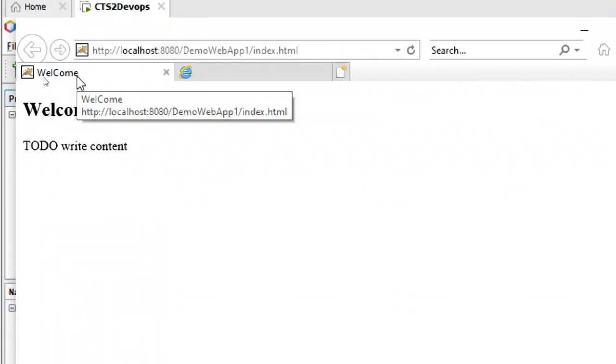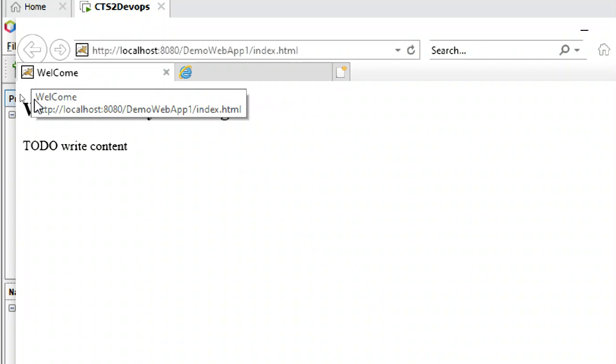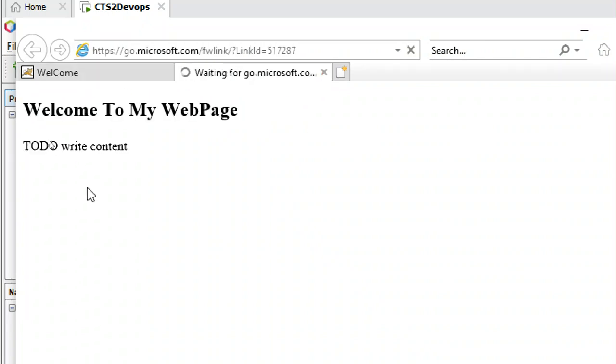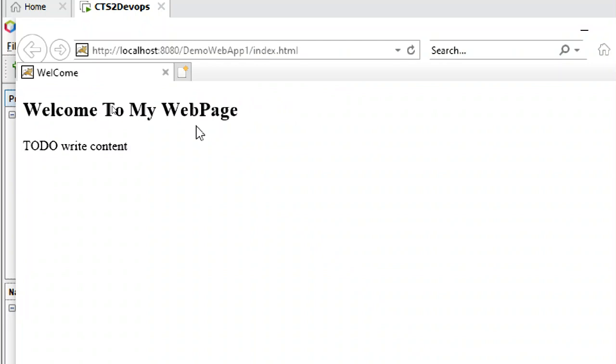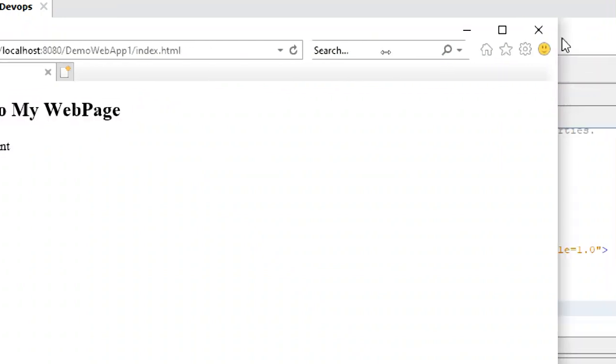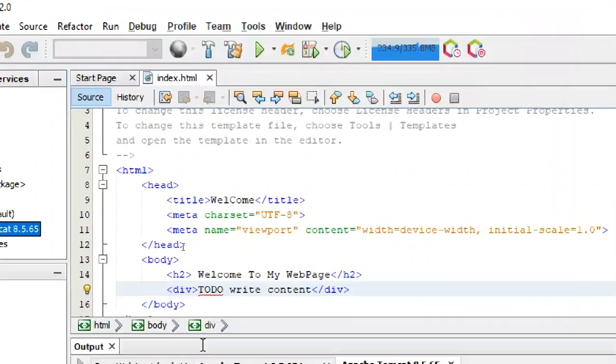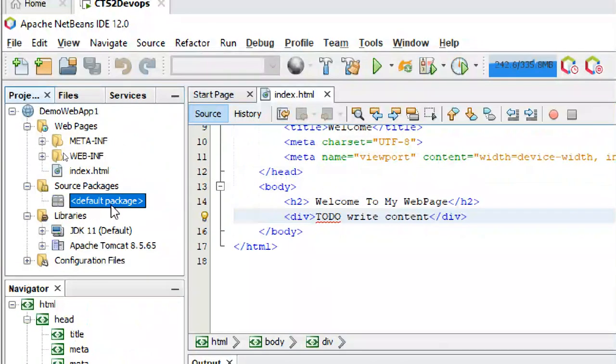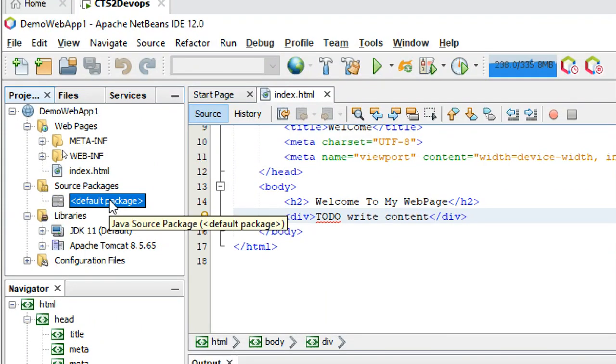So Welcome is a heading, and if you see this symbol, it means you are using Tomcat. Another one: Welcome to my web page. So this is what I typed, and this is for HTML. If you want to create web pages like Java servlets, you can create them also.